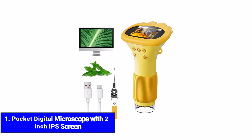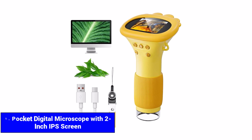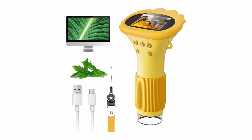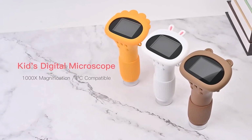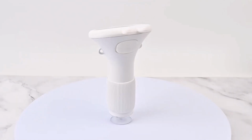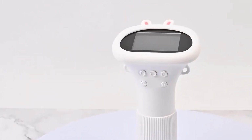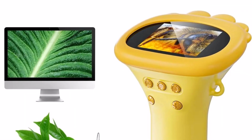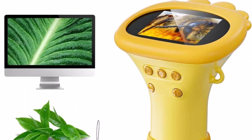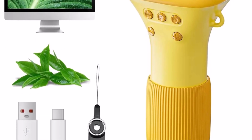Number 1. Pocket Digital Microscope with 2-inch IPS screen. The Pocket Digital Microscope with a 2-inch IPS screen is a compact and powerful tool designed especially for kids and beginners who want to explore the microscopic world. With up to 1000x magnification, it allows users to clearly observe tiny details such as plant cells, insects, and small objects with impressive clarity. The built-in IPS display provides sharp and vibrant visuals, making the viewing experience more engaging and